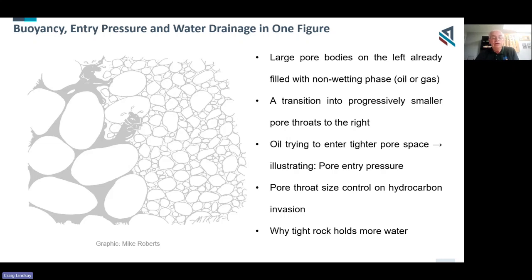So pore throat size is a primary control on hydrocarbon invasion. The other thing to note is that pore throat size in a real reservoir will vary vertically and laterally. So water saturation will change not just vertically, but laterally